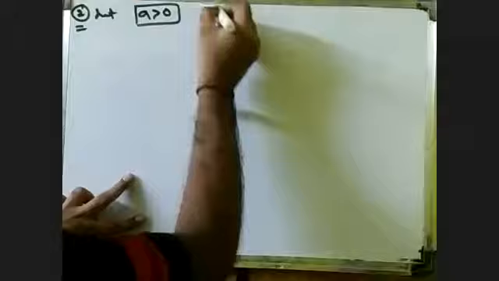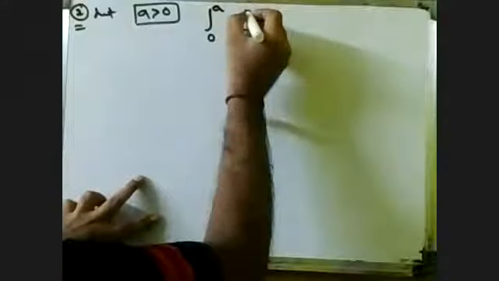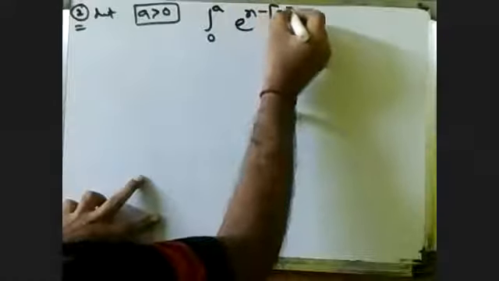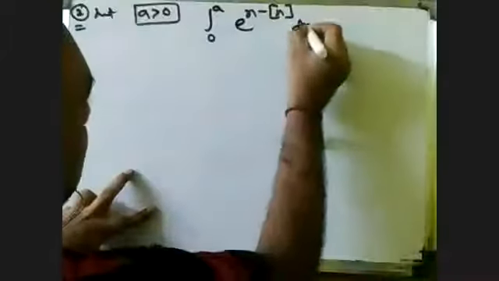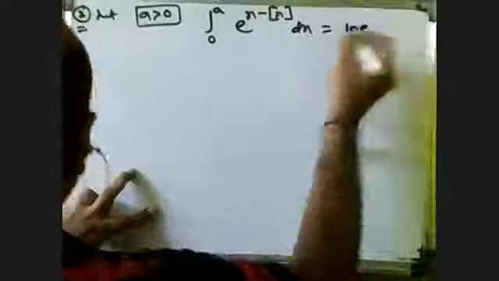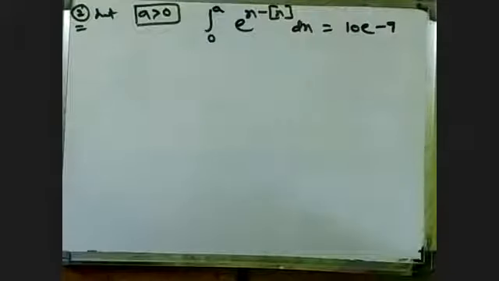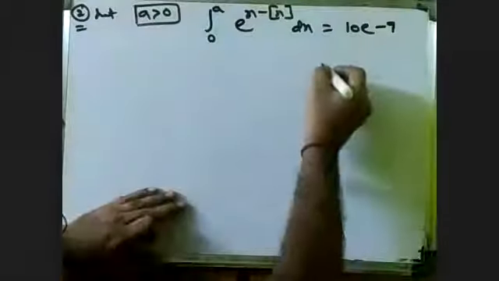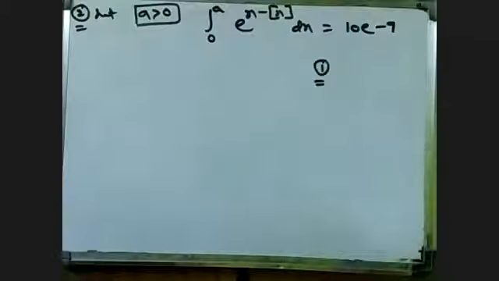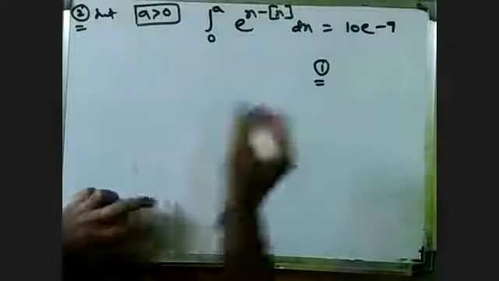Such that the integration from 0 to A of e to the power x minus floor of x, dx, is equal to 10e minus 9, where floor of x is the greatest integer less than or equal to x, then A is equal to how much? It's a wonderful problem. The options are like this. One is 10 minus log of